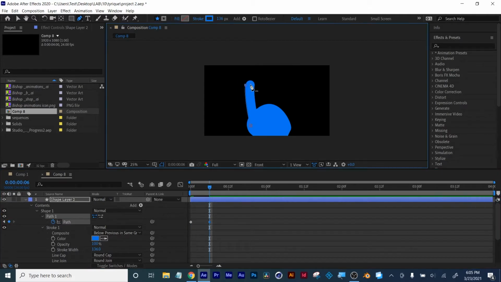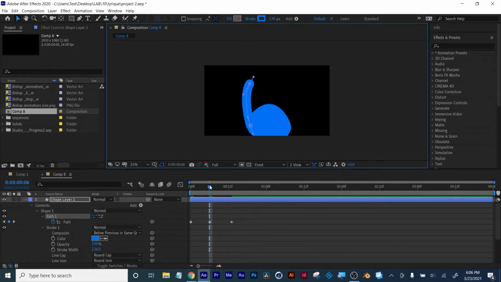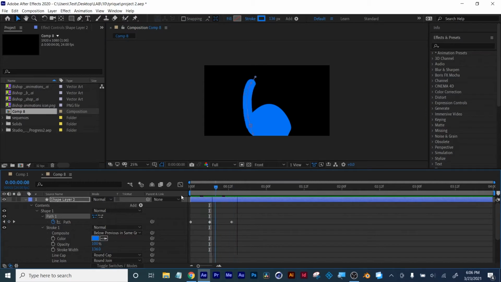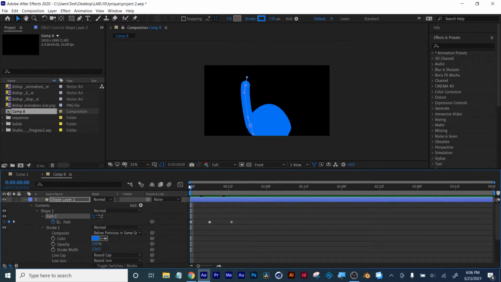I'm going to hit shift, and remember you can move the path point as well as the Bezier curve. You see that motion? It's keeping the shape and size of the finger compared to that. Like if this were to be this person being shocked, they push it. And what we could do is,